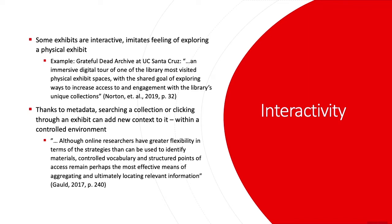collections. Thanks to metadata, the interaction of searching a collection or clicking through an exhibit can add new context to it, within a controlled environment, of course. In fact, the metadata is important to that control to make sure collections and exhibits are grouped so that the user can access them without confusion. As Gauld states, although online researchers have greater flexibility in terms of the strategies that can be used to identify materials, controlled vocabulary and structured points of access remain perhaps the most effective means of aggregating and ultimately locating relevant